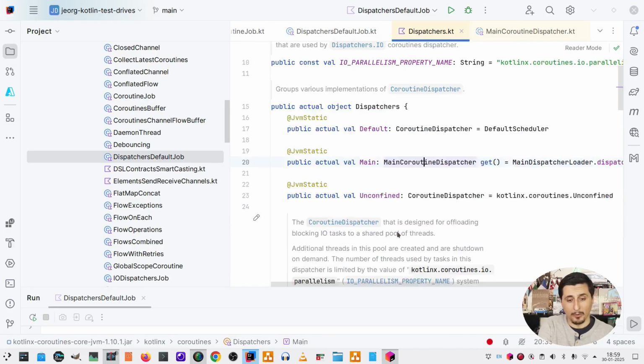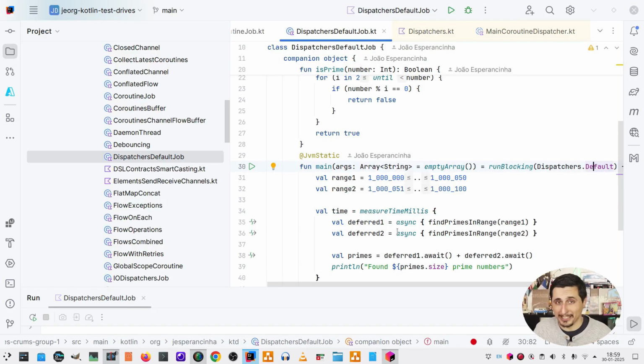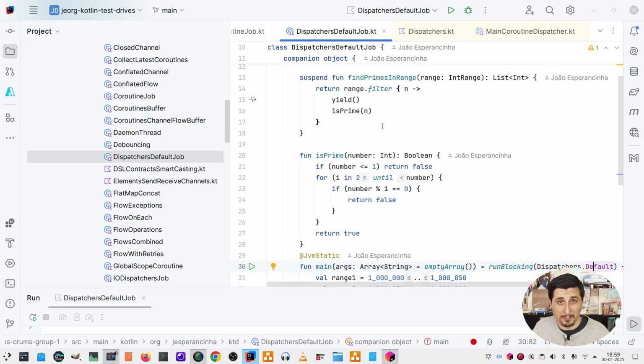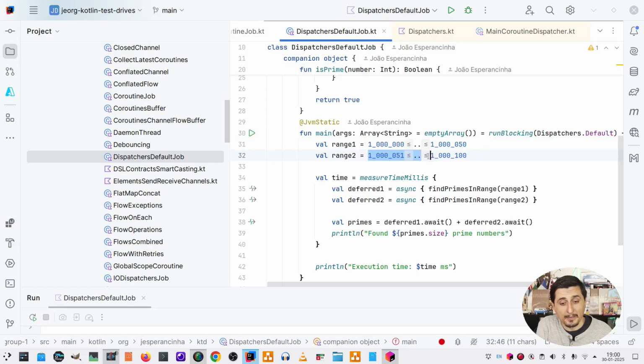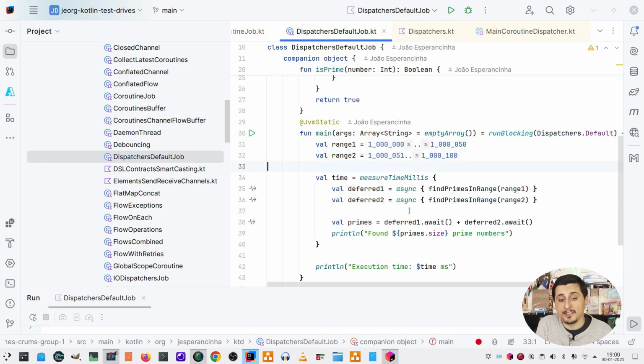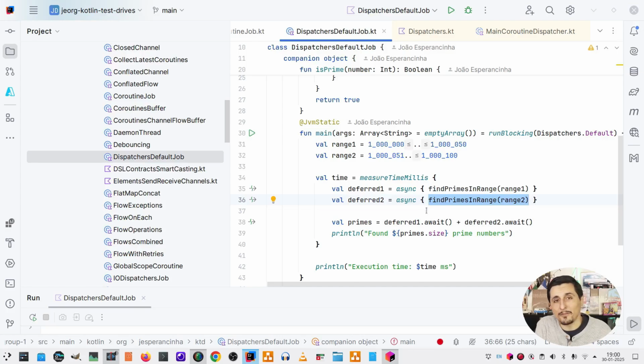So if we go back to our example, we will see that our example is based on pure math. The reason for that is because we are calculating prime numbers. We are specifying two different ranges. Range 1 goes from 1 million to 1,050,000. Range 2 goes from 1,051,000 to 1,100,000. And then we are calling two different tasks using this function, findPrimesInRange, but instead of using launch,